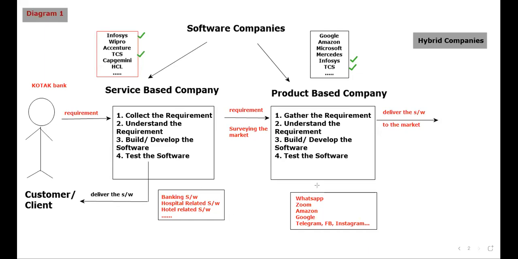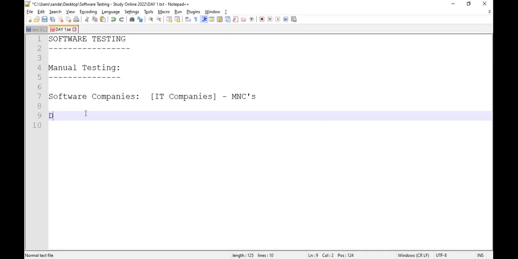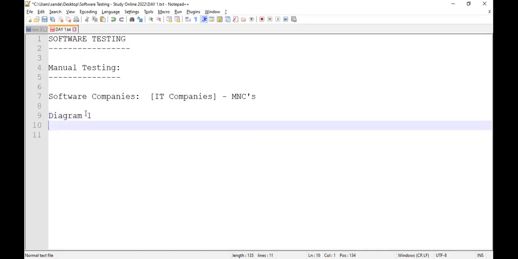Okay, just stick on to the concept. Right now in today's session, you understood what is software companies and which company you should join. All those things I have told. Guys, if you're getting a salary, go into any of the company. Hope that you have taken the screenshot. Let me just come back to the notes. Below this, you people should write the diagram number one. After diagram number one, let me just write few note points. Will that be fine, guys? If I write some note points?